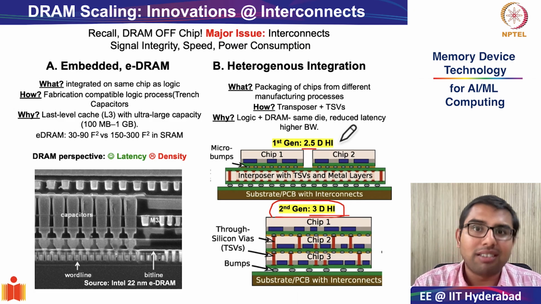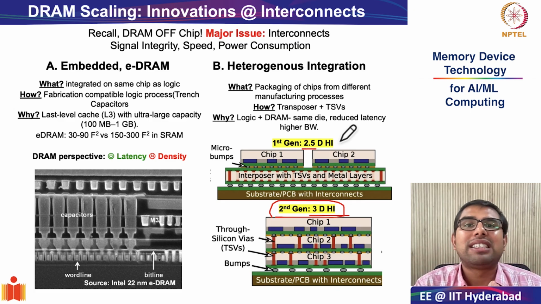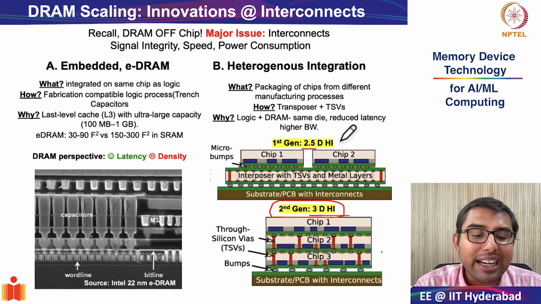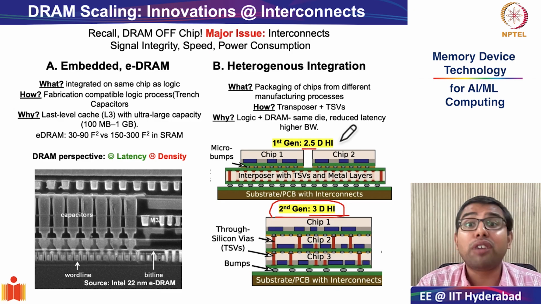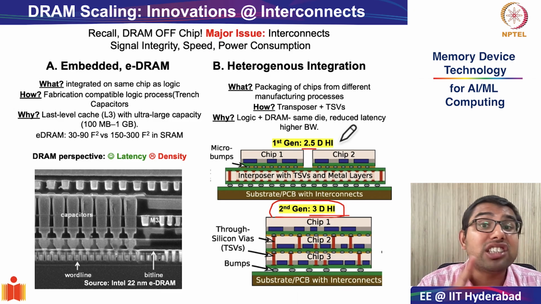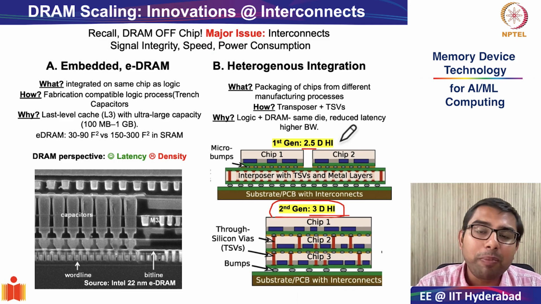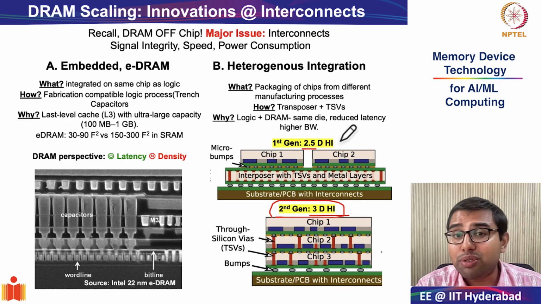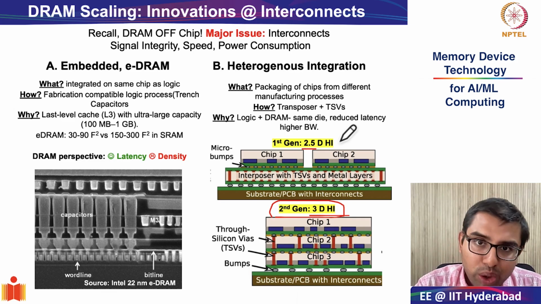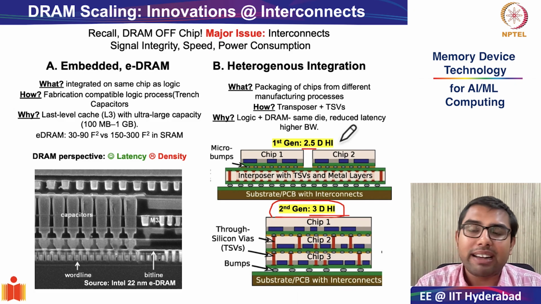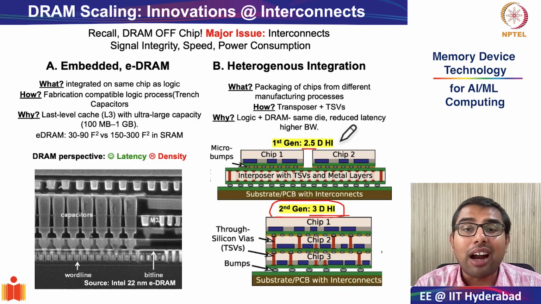With this, we have done a very comprehensive study of your DRAM cell, DRAM subsystem architecture, the modes of operation, and also the scaling challenges and the solutions towards better and better DRAM technology. With this, we conclude our fourth module on DRAM main memory technology, and in the next class we will start looking at storage, which is NAND flash. Thank you very much. See you in the next class.